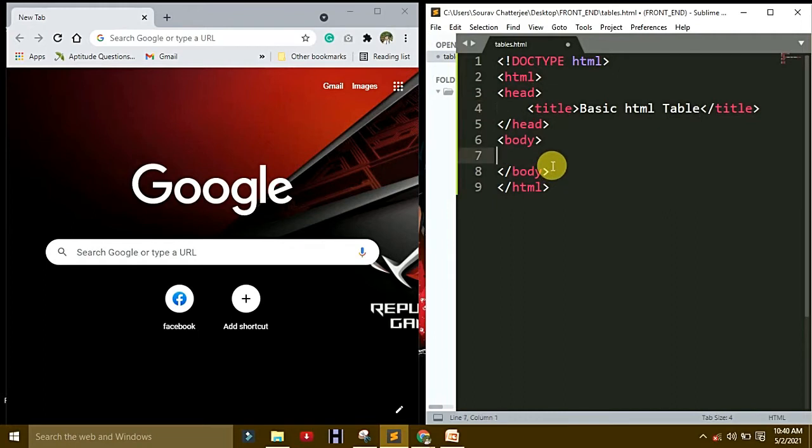Under body make one center, it is better. Under the center tag make one h1: HTML basic table format.